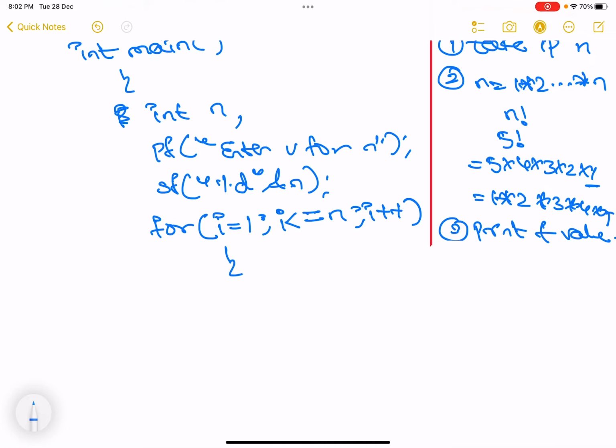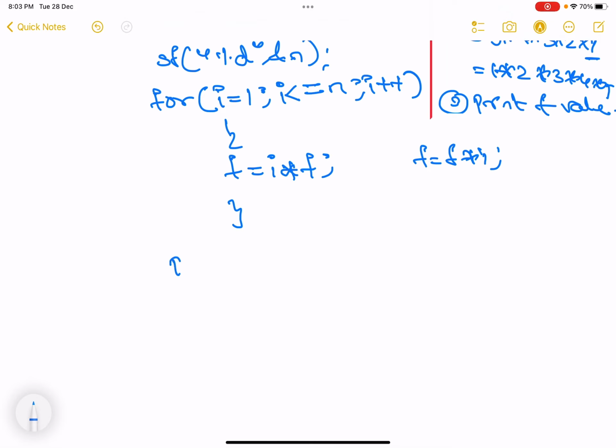Come inside. See, I is holding the value, our n value is in I. We can multiply it with a factorial value, let's call it f, f comma I. f is a variable holding the previous factorial value. So f is equal to f into I is the formula. That's it. I will explain this. We are done. printf factorial is equal to %f comma f, return 0.